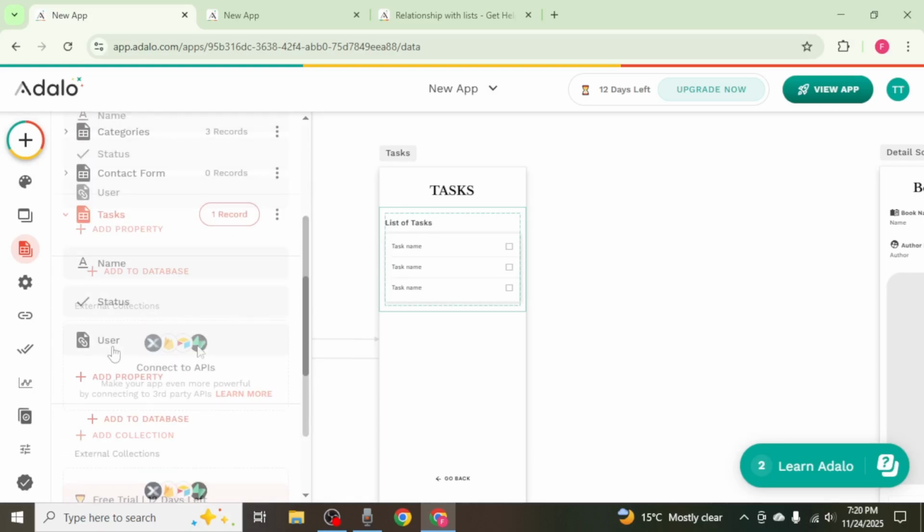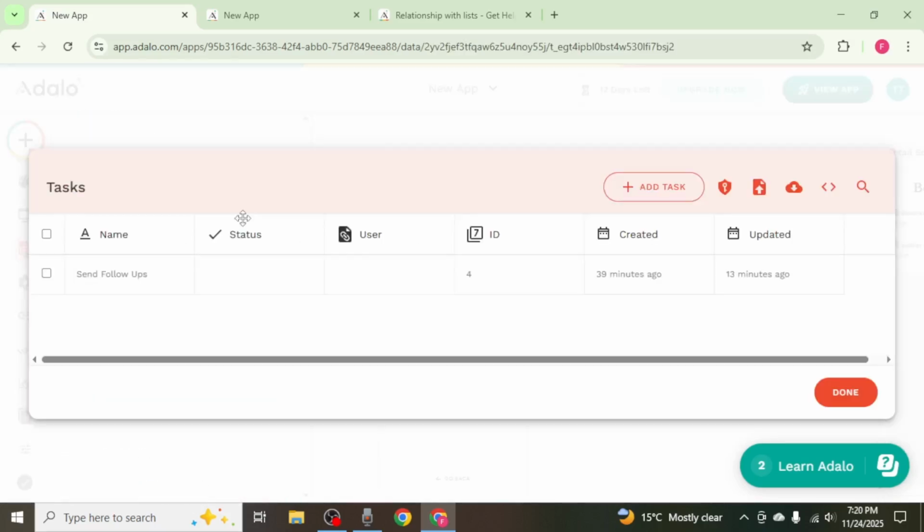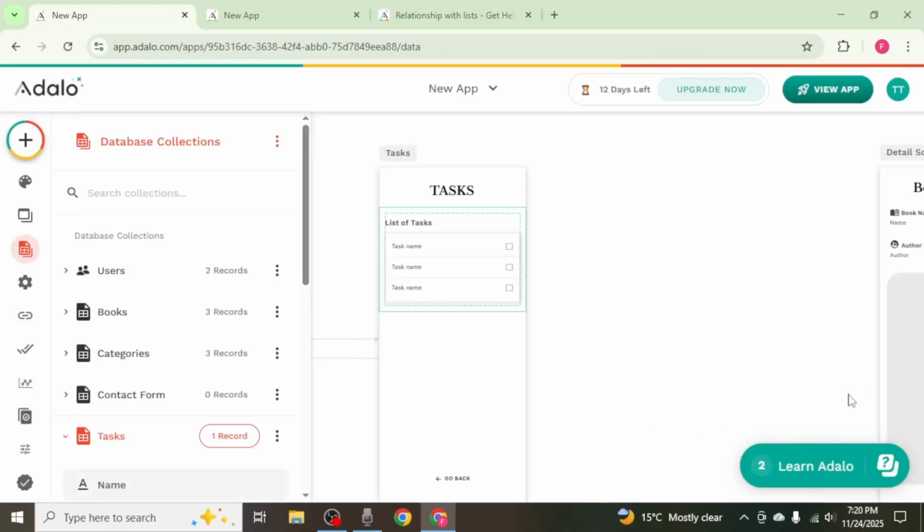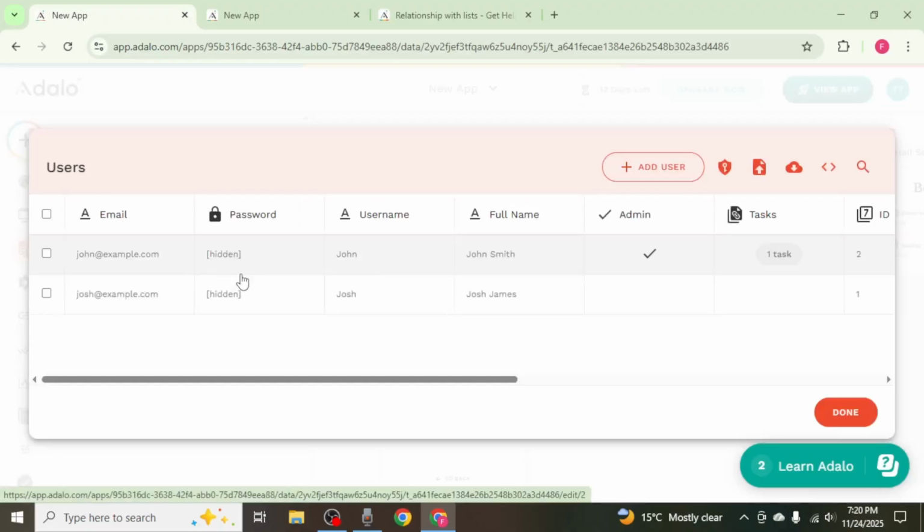To test this, I'll open my tasks records. I currently have one task. To assign it to someone, I'll open the user dropdown and select John's email, then click Save. Now, if I go into the user's database and open John's record, you will see that the task is now